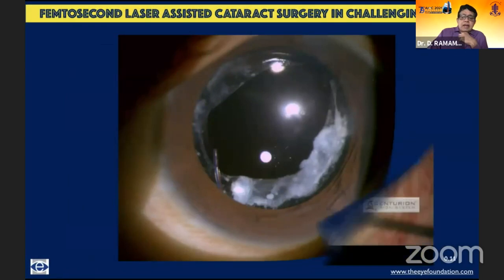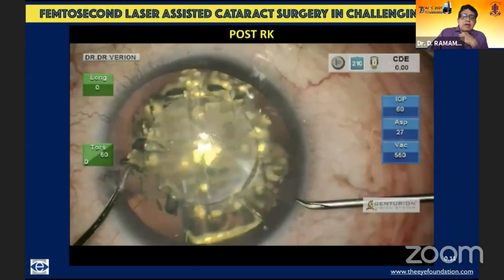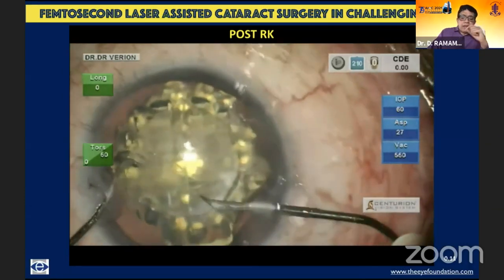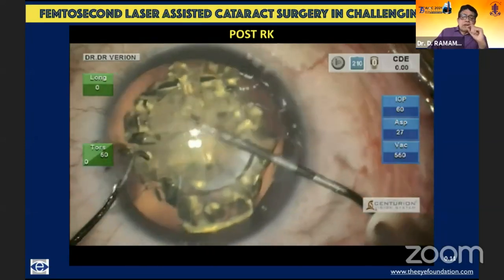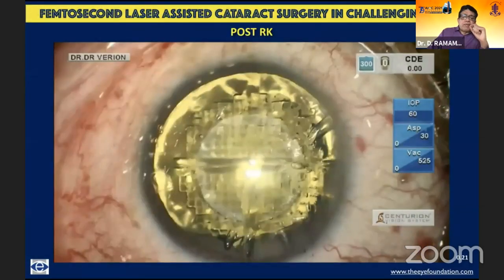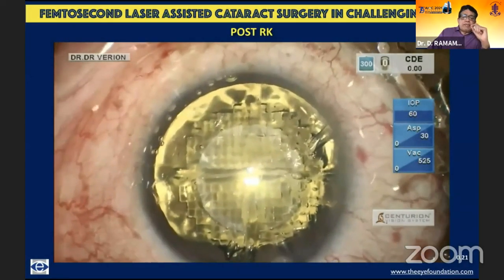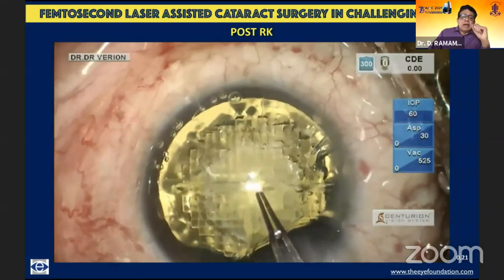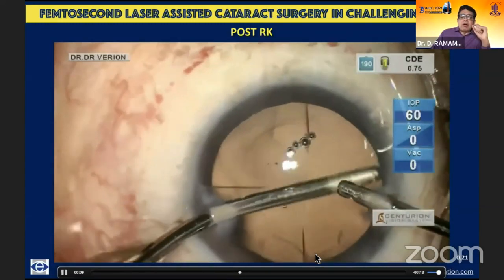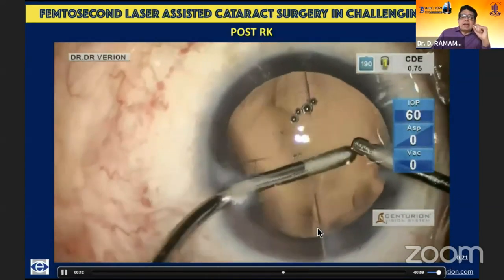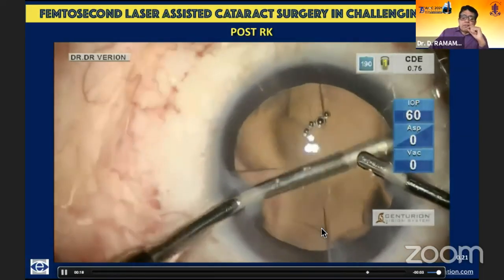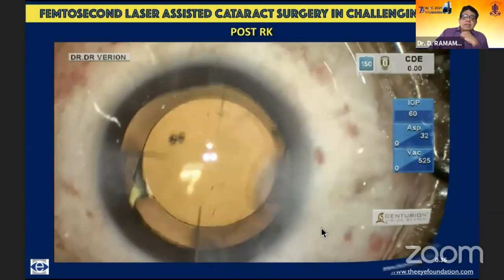I think I'll make this the last of my videos. In a post-radial keratotomy situation, sometimes the laser has not passed through the areas of the arcade marks, because of which you may not get incisions in those areas, and that's the reason you have to pick it up. Because the first eye went off quite well, I went ahead in the second eye, which I did a week later. I just picked up the rhexis, and you would find precisely in the area where I had an arcade mark, there's a rhexis runoff over here. That's basically in this area, the rhexis has not got cut. So always in these cases, RKs, in case you are going to a femtosecond platform, it's always a good idea to be cautious. I think my time is up.